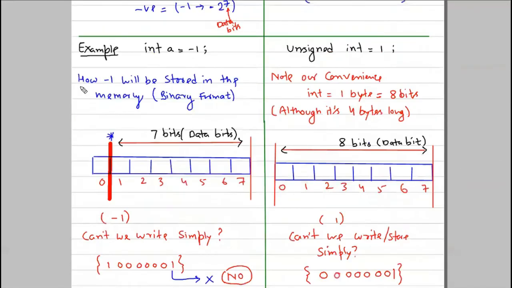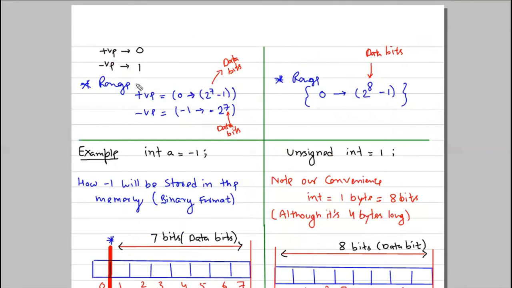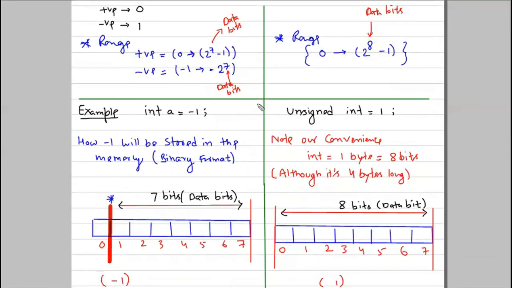Let's discuss the next. So this is the range. For the positive and negative, we have this. For the whole number, we have this. So let's talk about these terms in our program. How to write it in our program? We have discussed this theoretically. In case of minus 1, we can store it in a signed integer, so we don't need to write sign, or if we write sign, there is no problem with that. But in case of unsigned, we have to write it.